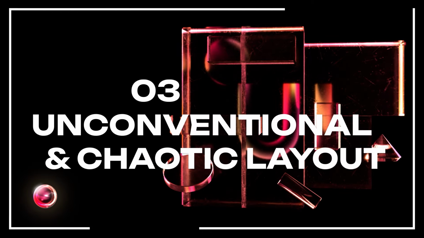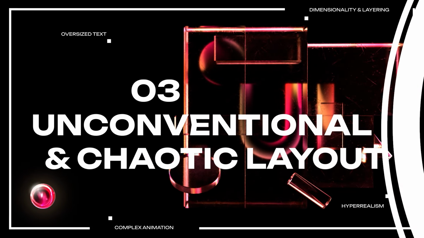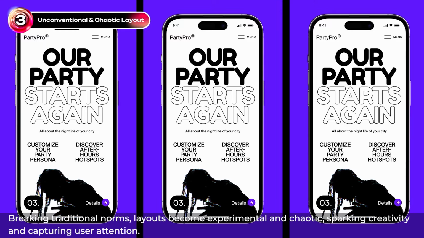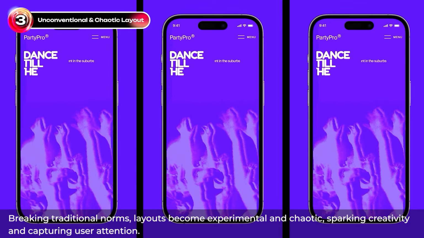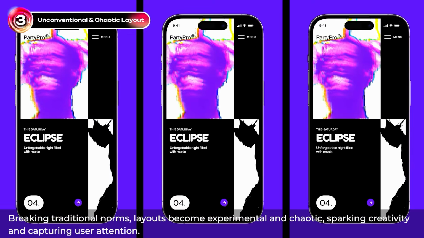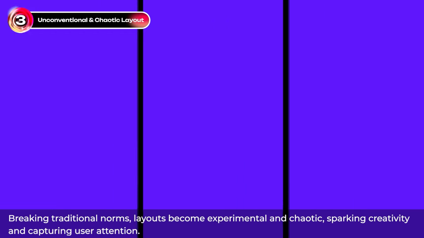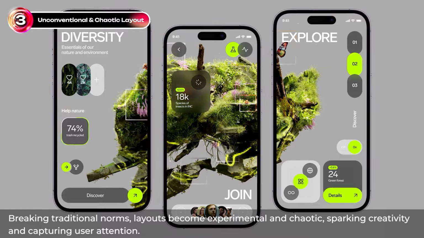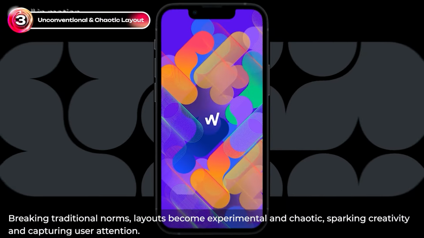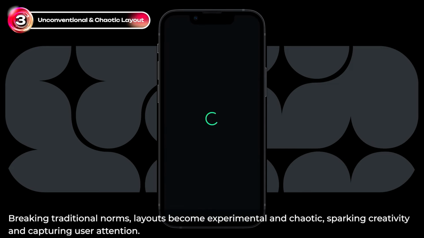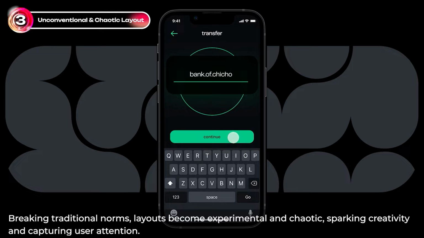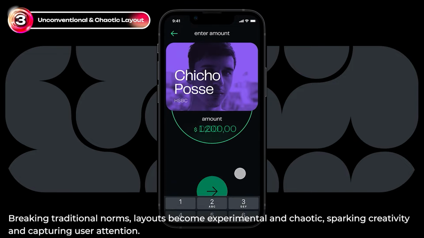Unconventional and chaotic layout is all about breaking the rules and getting creative with layouts. Instead of the usual neat and orderly designs, designers are now experimenting with unconventional and chaotic arrangements. This approach is not just about being different, it's about sparking creativity and grabbing users' attention in fresh, exciting ways. By stepping away from traditional norms, these bold designs make websites and apps stand out and offer users a unique